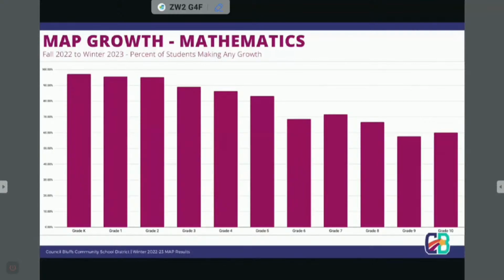So then we do still want to make sure we're looking at any growth. This graph is showing that percentage of students making any growth when we look at fall to winter data. Again, you'll notice that it's more difficult to make that growth at the secondary level. This is not uncommon as those RIT scores increase. That margin narrows, and it's more difficult to sustain those high RIT scores. So it's not uncommon to see that making that growth can be more difficult, but we're continuing to keep our